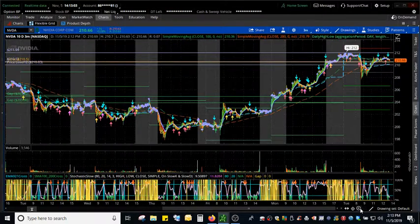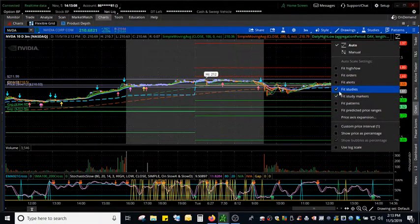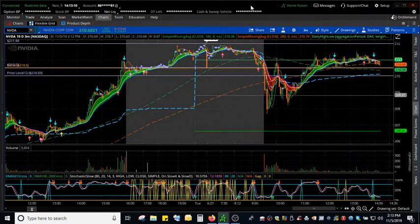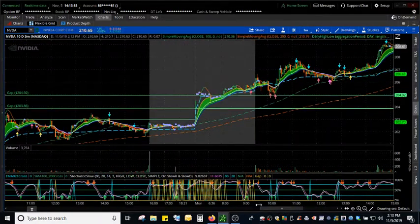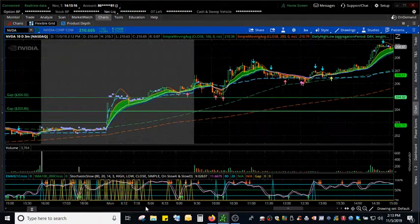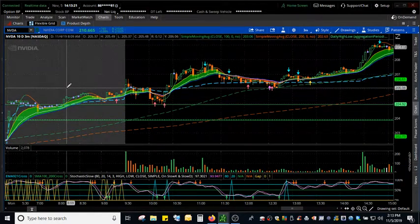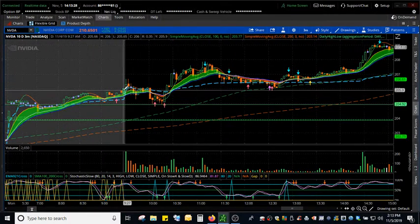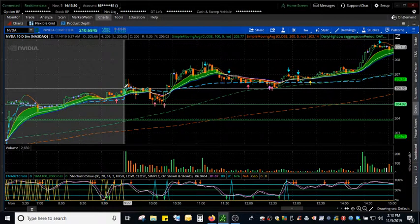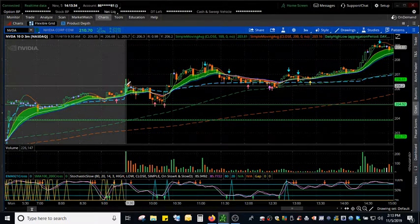I jumped in kind of right at the open because we had, scroll over, zoom in a little bit. Here's pre-market highs, and we were right at pre-market highs. Normally I wait for a little bit of a sell-off, but when it's running this high right at the open, I thought we would get a bigger pop right here, so I kind of chased a little